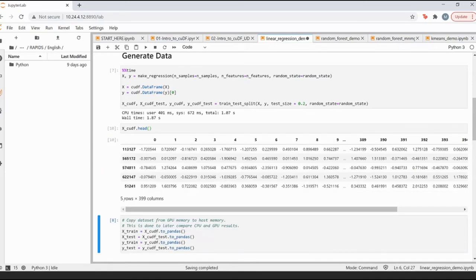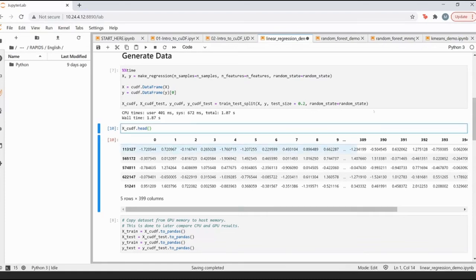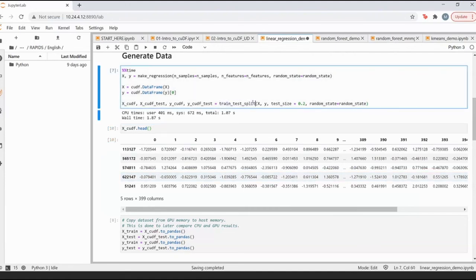So there are 5 rows, because I don't want to show the entire thing, and there are about 399 columns, and you have a lot of values that have been randomly populated over here. Also, you see the indexes look very odd, and this is because of the train_test_split. Train_test_split has shuffled all of these numbers and provided a randomly shuffled data distribution.